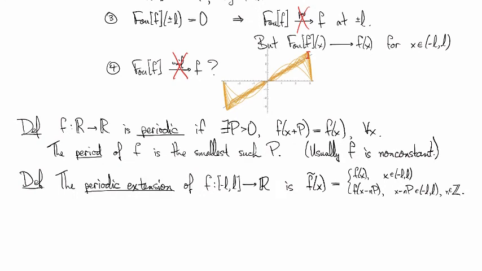So if we now look at the 2L periodic extension, by that I mean the periodic extension with period 2L, the 2L periodic extension of our example function x